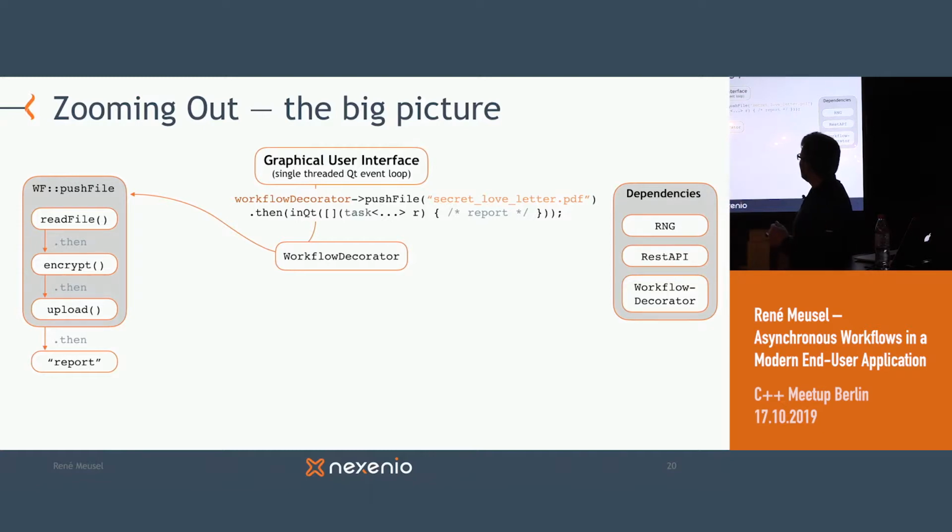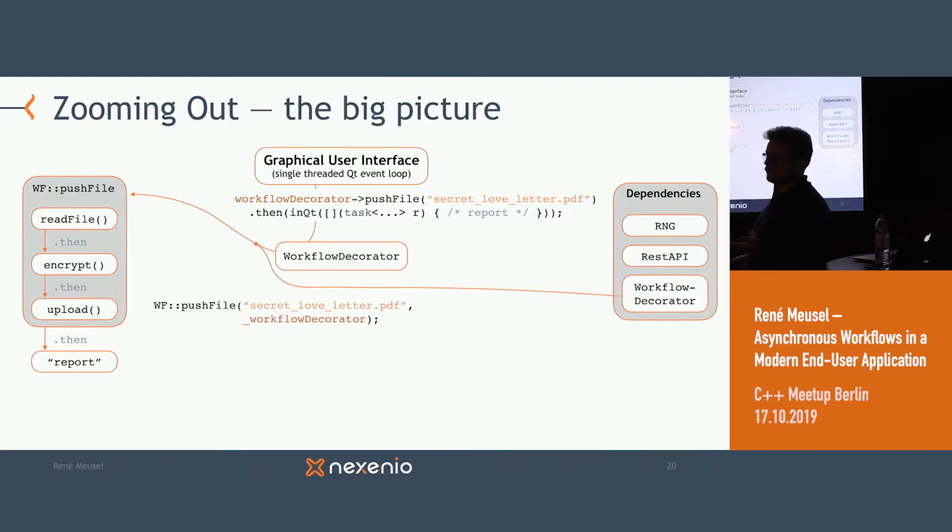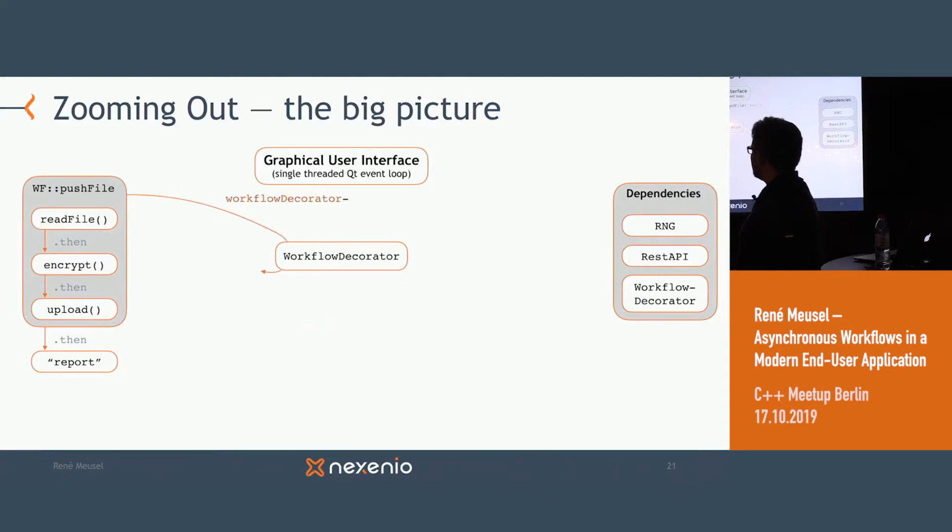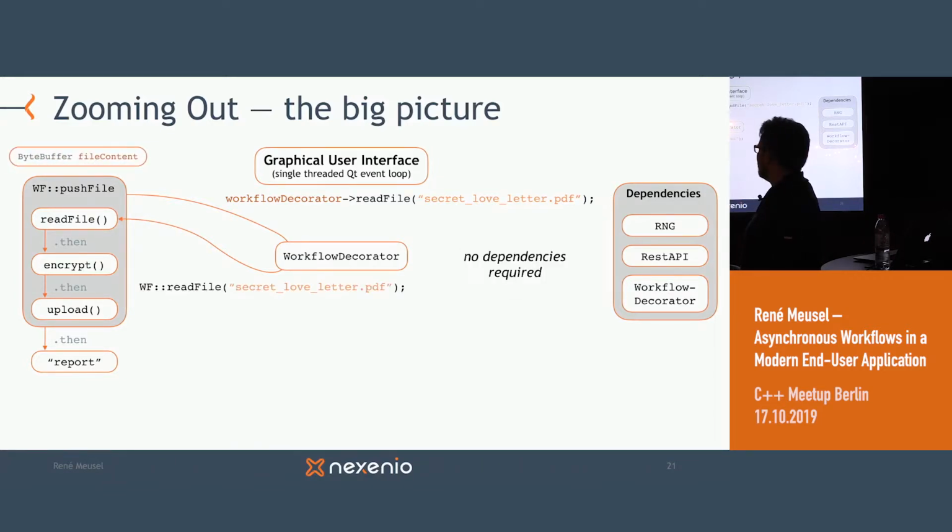So the workflow decorator, now having the task of pushing a file, realizes, okay, push file needs me to call other workflows, injects that behind the scenes, and then calls the actual workflow. This now starts executing. The first thing it does is, okay, well, let's call this workflow read file. And read file doesn't have any dependencies, so it just reads the file from disk, comes back with the result, and now workflow push file retained the file content. Next step,